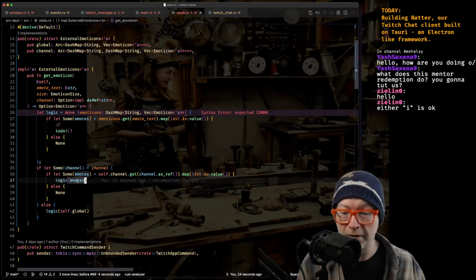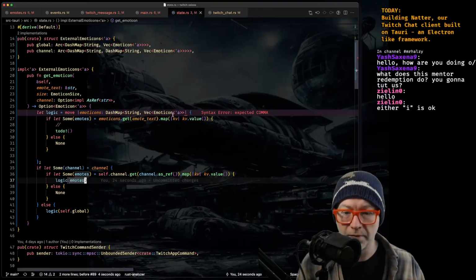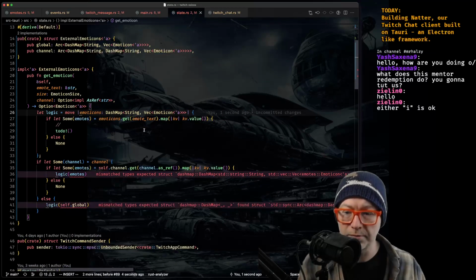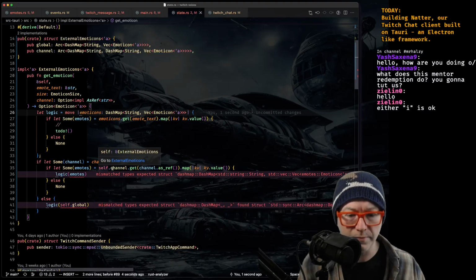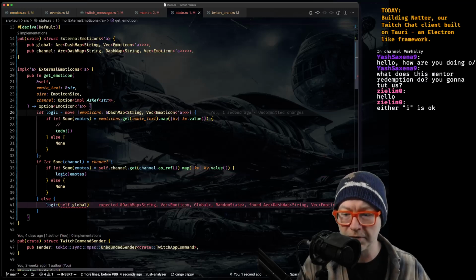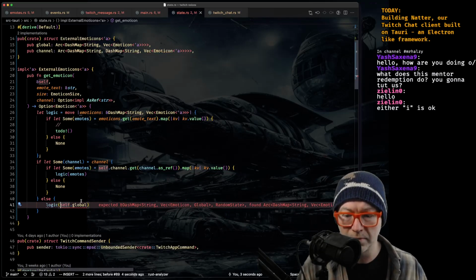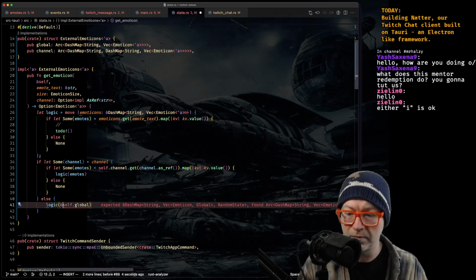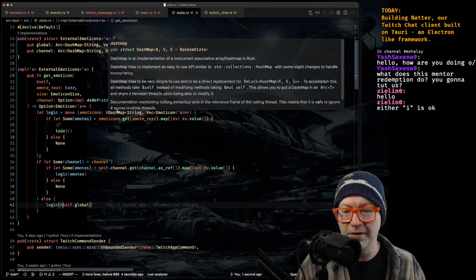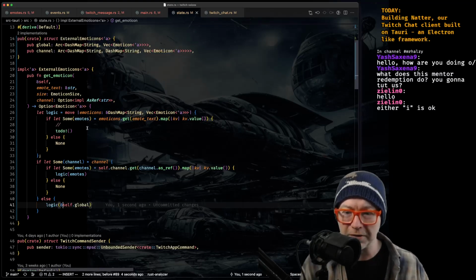If we do find it, then we continue the logic with a specific channel. Oh, we need 1, 2, 3 brackets. And we really want a reference to one of these. Making types the same through the power of deref.